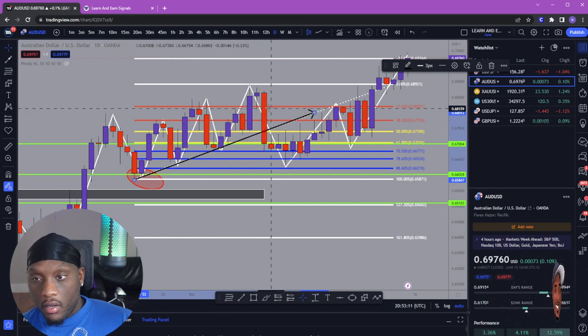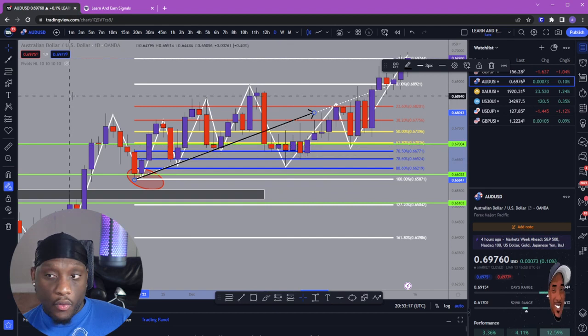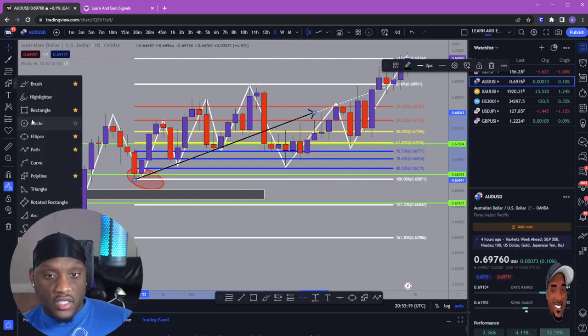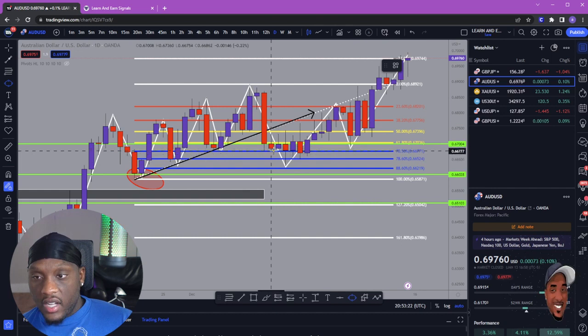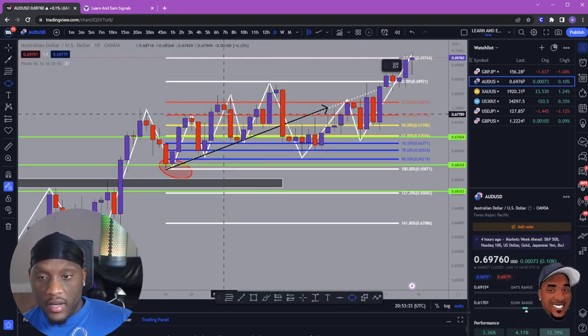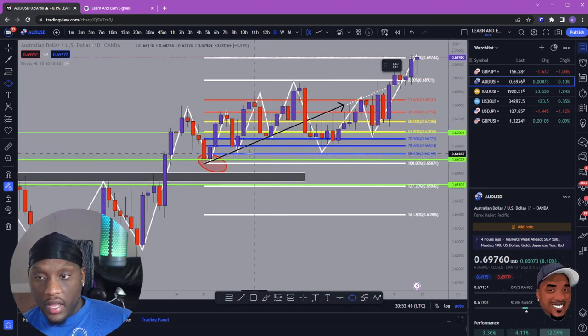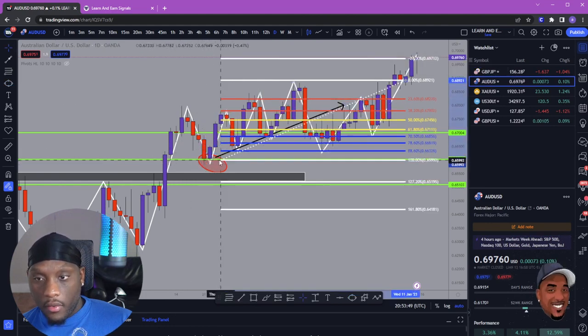Obviously, when it broke, boom, it would have been time to exit or whatever the case may be, but we made some type of area of support right here, which is key to me, right? Now, this is the part where it gets a little interesting. Obviously, we made a higher low here and we pushed up, making a new high, which is important because all these are new highs functionality-wise, but this one was the same, and then this one was the same, right? But then we pulled back here. So I feel like because this one was the previous market structure level as well, because we did push up a little bit higher than this one, we can move it up to right here,